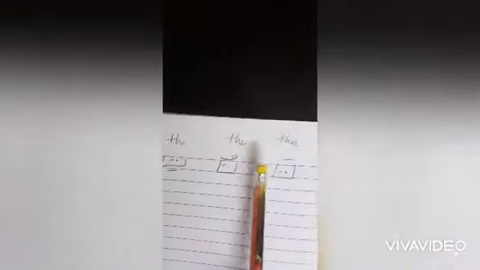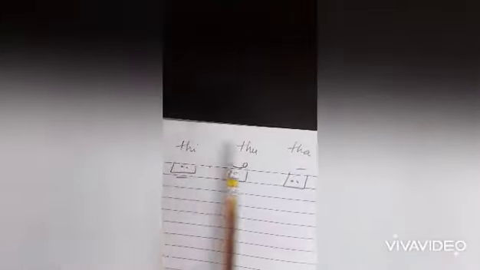Next we will see the letter Tha. It is the third letter of Arabic language, and Tha we can pronounce three ways: Tha, Tu, Thi. And when Tha comes in the first part of a word, it looks like this. And if it comes in the middle part, we can write it like this. And if it comes at the end of a word, Tha is written like this.